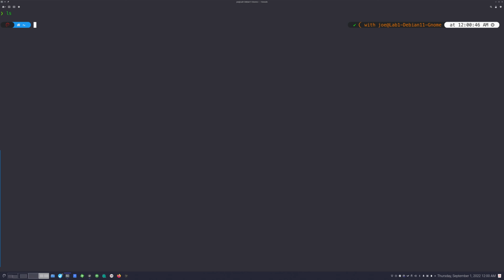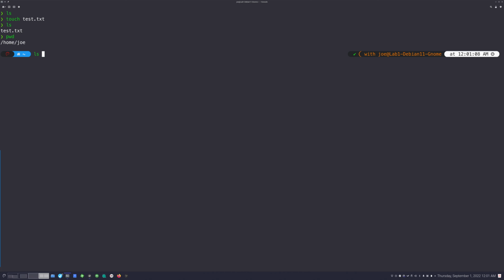Now that might look funny to you. It looks like it just didn't do anything, and that's because on this particular system, the directory I happen to be in just doesn't have a lot there. So if I touch something, test.txt for instance, and I do an ls, you'll see that I have a test.txt in that particular directory. If I do a pwd, I'm just in my home directory. So this is a brand new system, basically. I mean, kind of. It's actually been around for a while, but I don't use it very much. It's a test system that I basically clone off and then run with it. So anyway, that's the ls command.